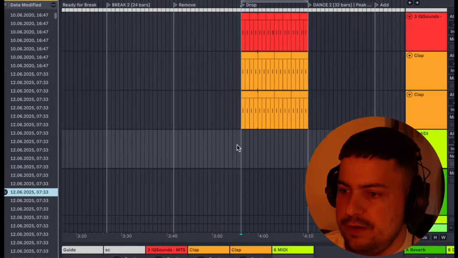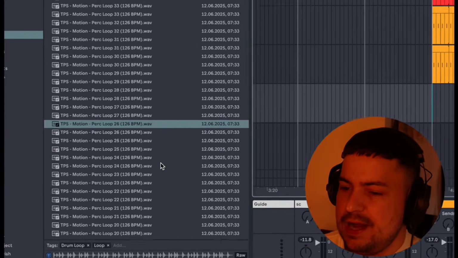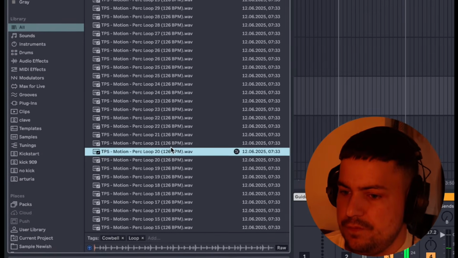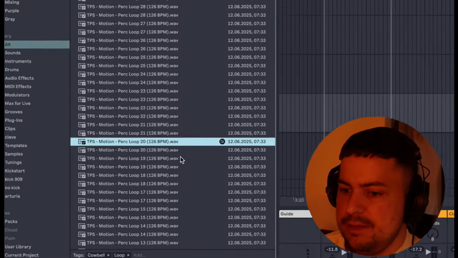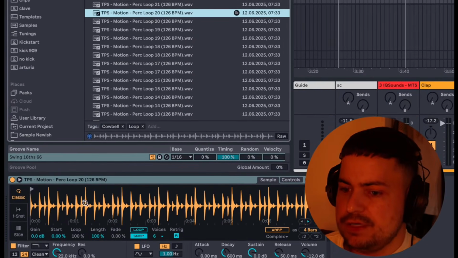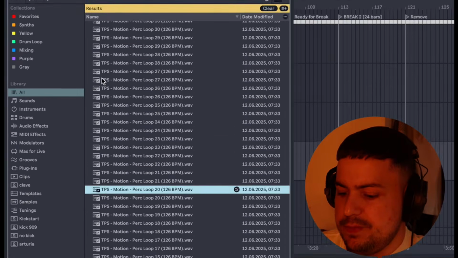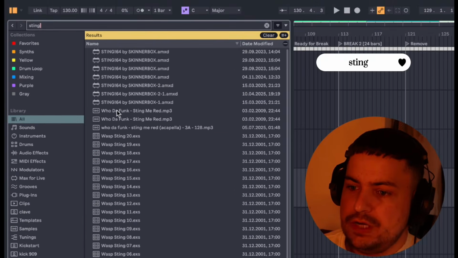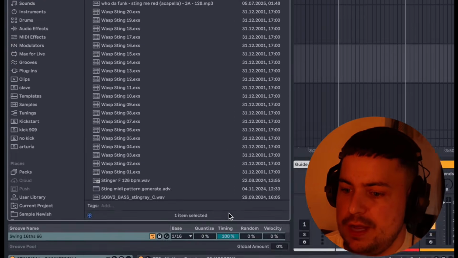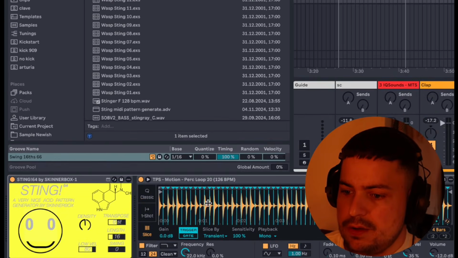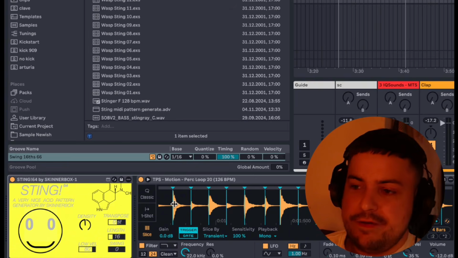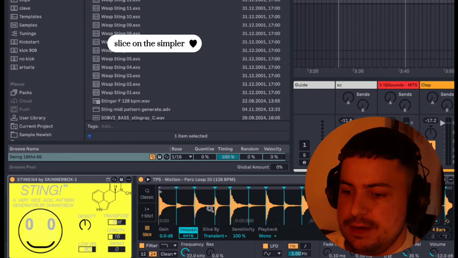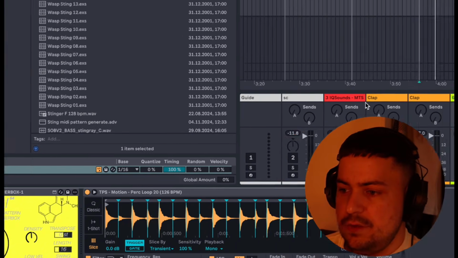So it doesn't have to fit with a track, but we're going to try and find one that fairly does. This will do. We're going to put it in a Simpler. It comes like this. Obviously you're thinking, what are we going to do with this? We're going to get Sting, which is a free Max for Live plugin. We're going to hit Slice on the Simpler, and then what this is going to do